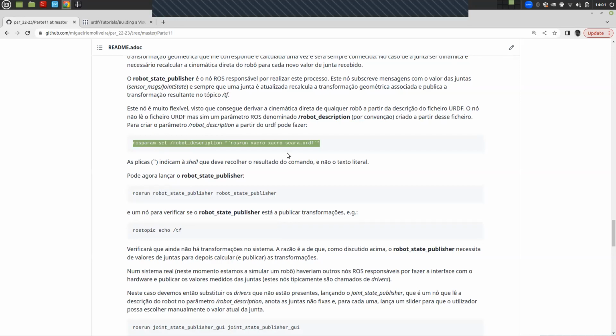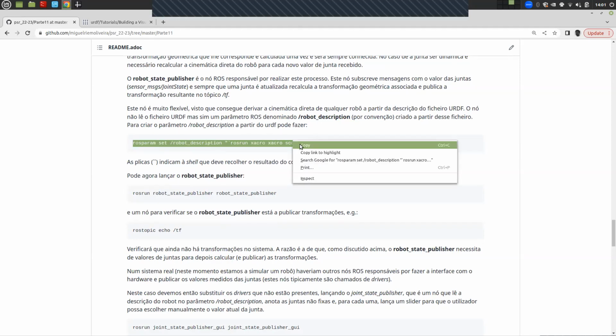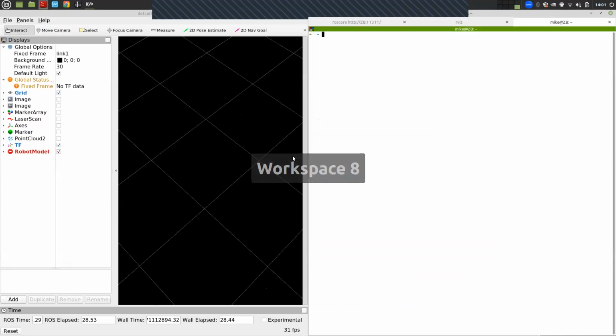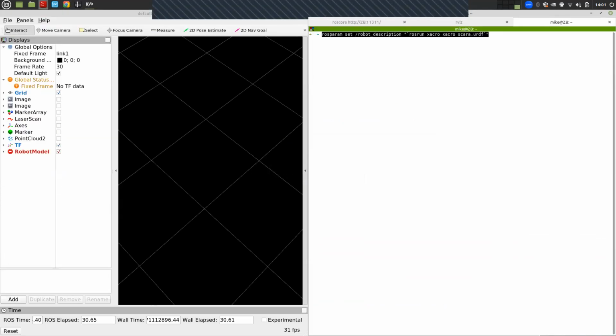Here, okay? So this instruction, rosparam set, you know what it does? It sets the value of a parameter, /robot_description, that's the name of the parameter. That's a standard in ROS. So this parameter will contain the description of our robot, and then